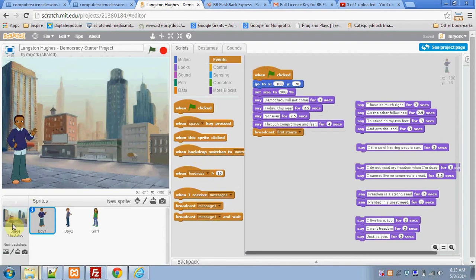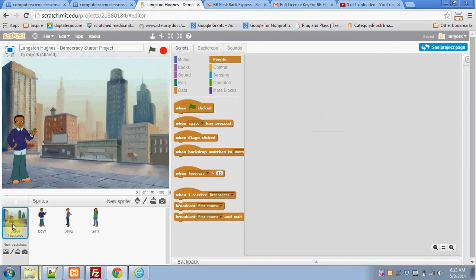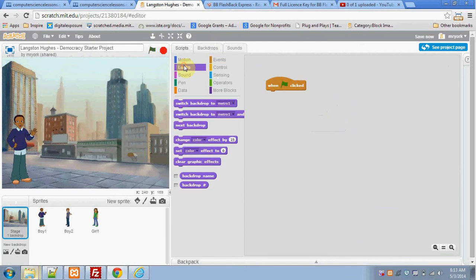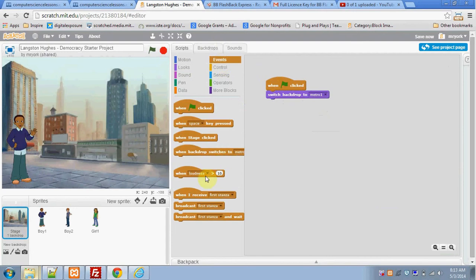So over here in the left corner, I'm going to click on my stage. And I'm going to add a script that says when the green flag is clicked. And I want to make sure that this background, which is called Metro 1, is always loaded first. So I'm going to say switch backdrop to Metro 1. Now I also need to set it up under events so that when I receive first stanza, I switch to